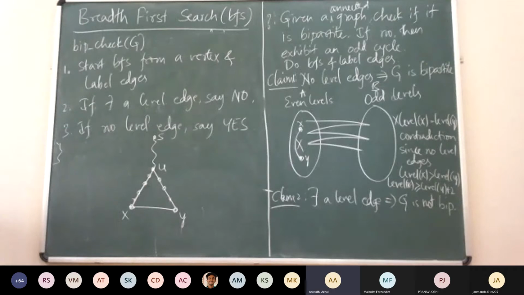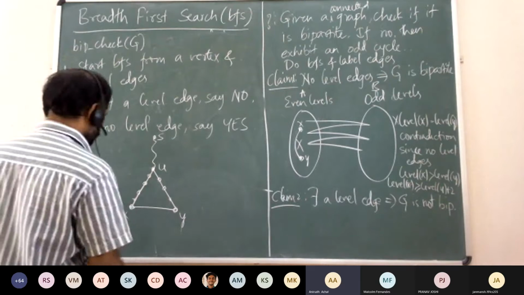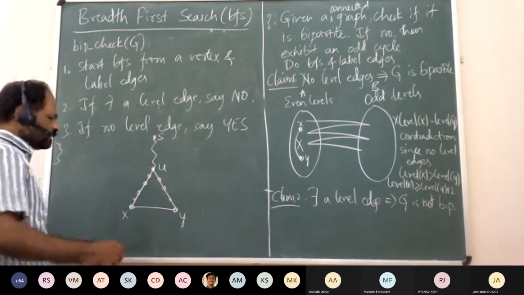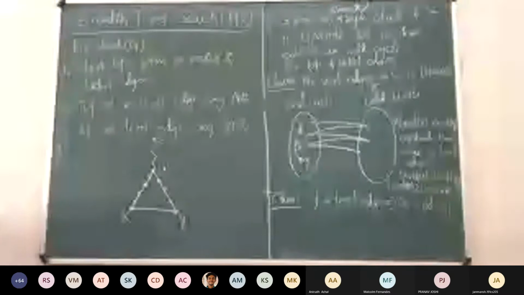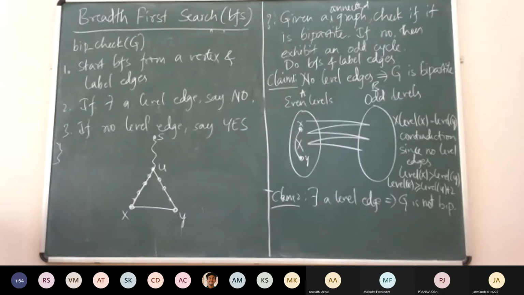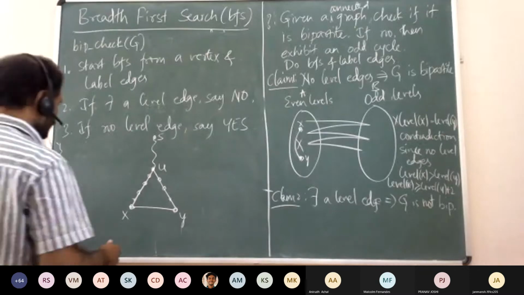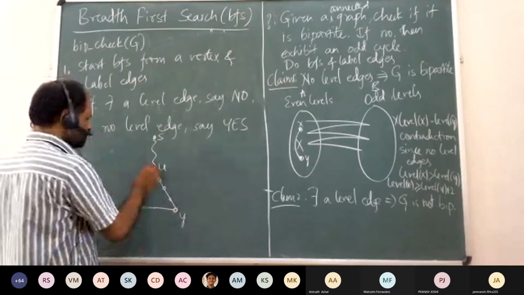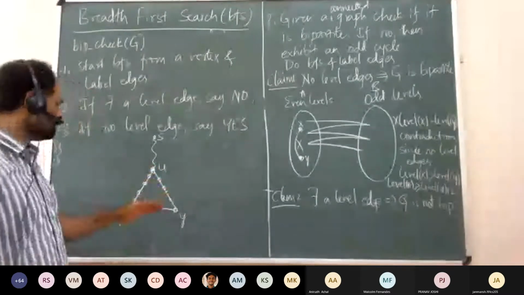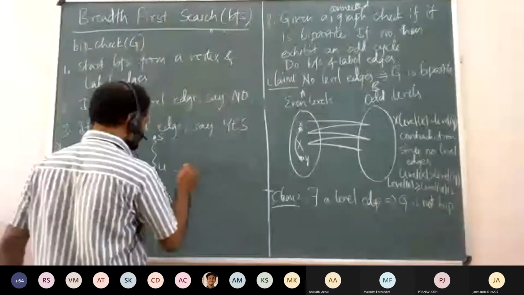No, sir, we want the first common ancestor, the closest one. Okay, so how do you define first common ancestor? If we backtrack from X upwards, the first vertex which is an ancestor to both X and Y. So what Anirudh defines as the first common ancestor is, suppose you start from X or Y and you go up towards the root, towards the source. The first time you get a vertex which is an ancestor of both X and Y, he calls it the first common ancestor.